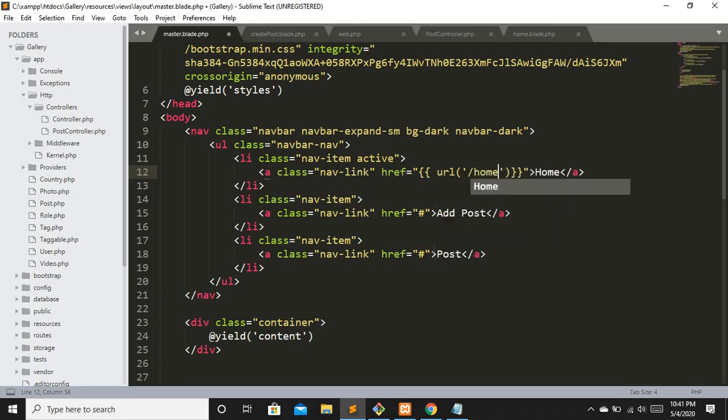Whenever the user clicks on this home link, I am telling Laravel to redirect them to the home page.